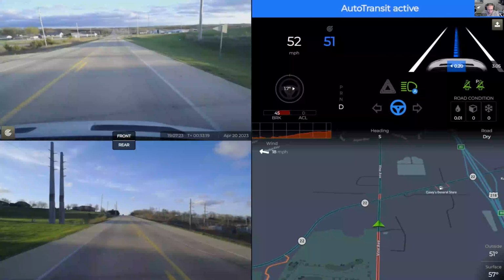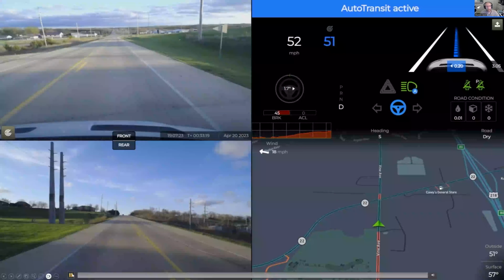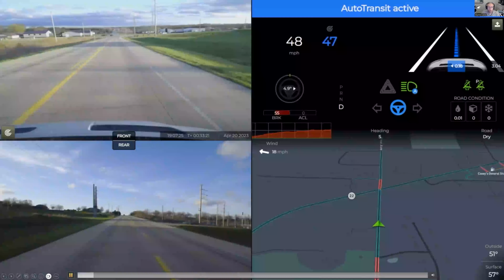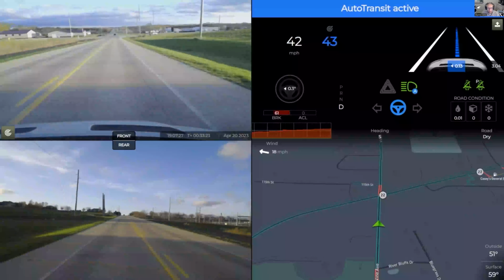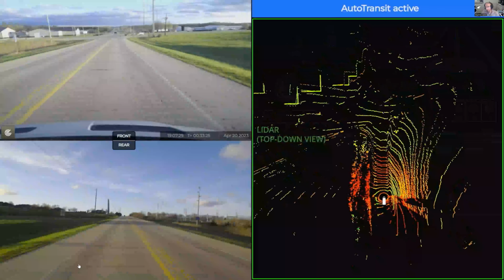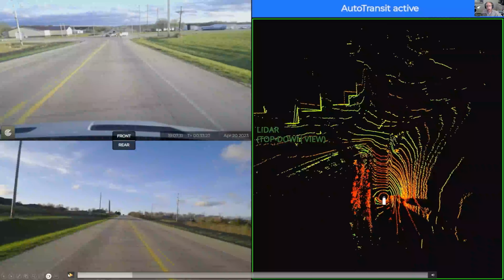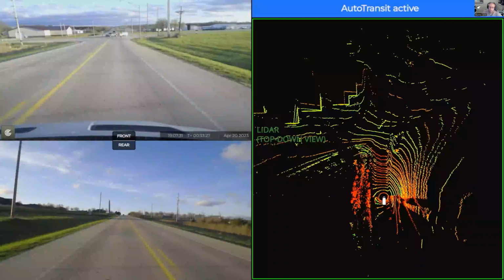So Omar, if you want to go ahead and start playing. This is, again, traveling south on that county road, towards this stop here at the intersection. So if you want to pause again here, Omar. Now I've overlaid a top-down view on the right-hand side of what the fused LiDAR point cloud is seeing at this point. This area here would be the transit, our own vehicle, as we travel down towards this intersection.